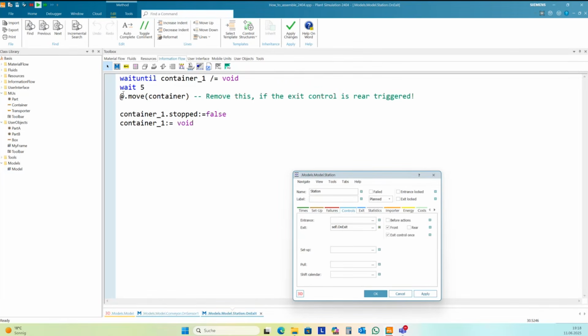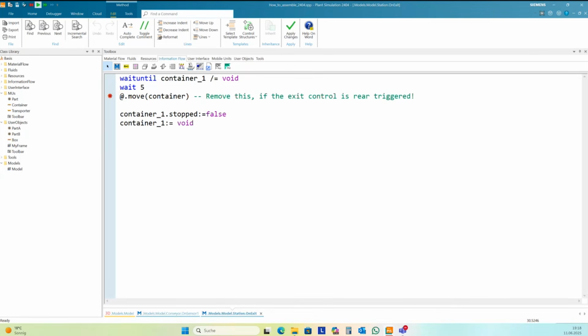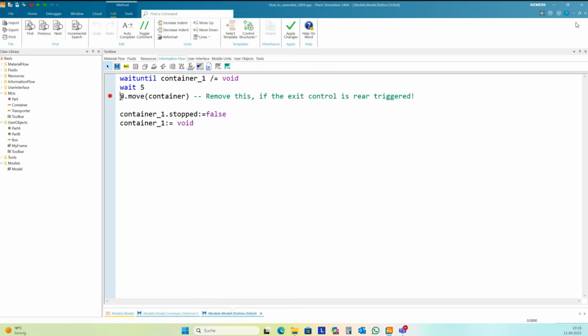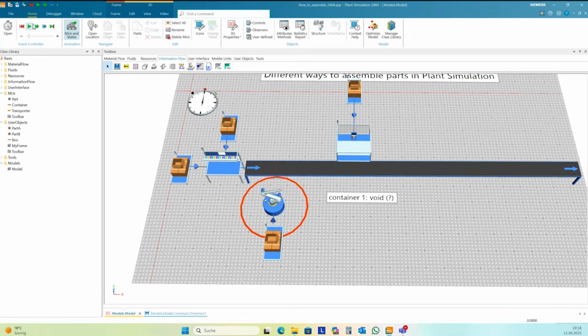What's wrong? Oh yeah, I have a failure here. It's container underline 1.